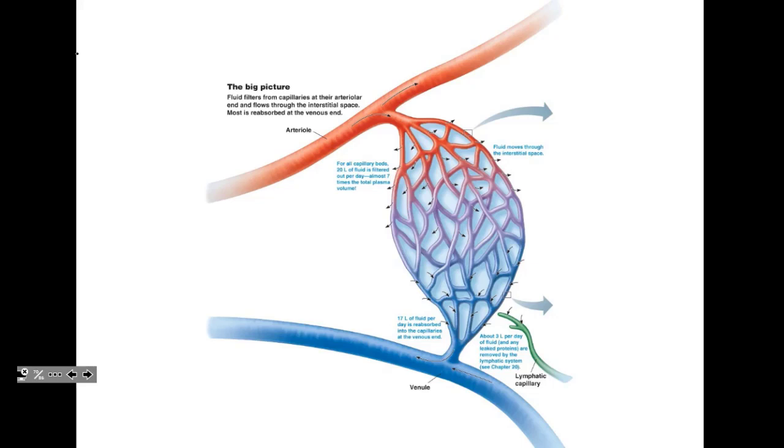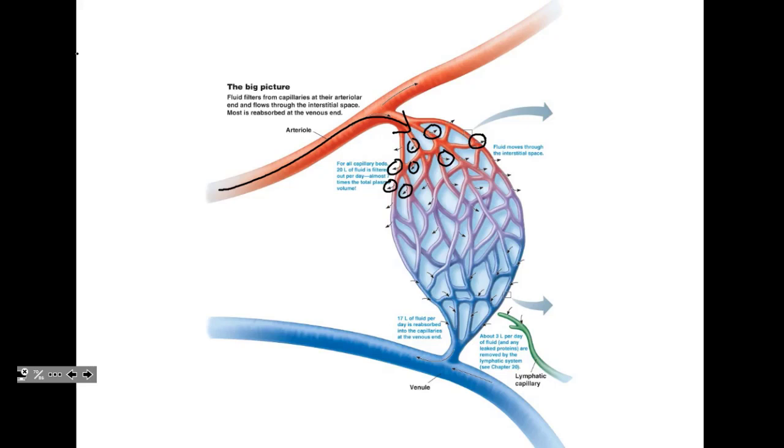I want to start off talking about what is net filtration pressure. This really has a lot to do with tissue perfusion or bulk fluid movement. If we look at this picture, what you're noticing is blood is flowing down the arteriole and into a capillary bed. And you're going to notice at the arterial end of that capillary bed, all of these arrows are pointing out. And really what that is trying to show you is that this is how we are going to take oxygen and nutrients and pull them out of your vessels and into your tissues at the arterial end of